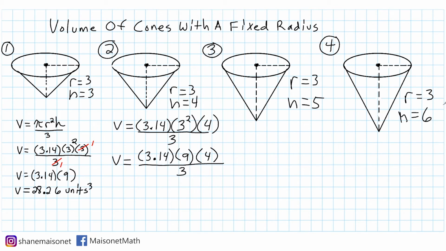Now, because 9 and 3 have a common factor, we can use a little bit of cancellation here. But they don't turn both into 1s because they would have to be the same number for that to happen. What this essentially is, is 9 divided by 3. And 9 divided by 3 is 3. So you would actually change this 9 into a 3, and you would change this 3 into a 1. Okay? Because 3 is the biggest factor that can be divided equally into 3 and 9, I just mentally divided